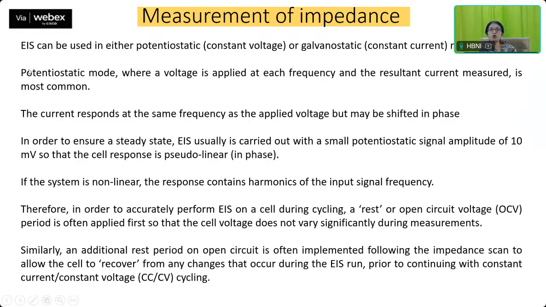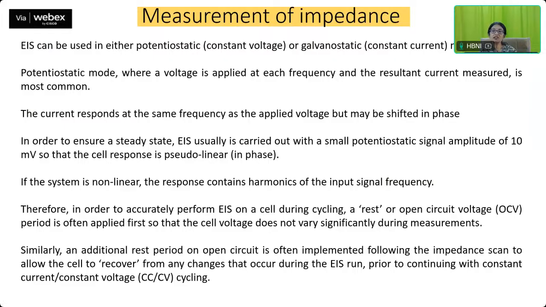So these are the two different modes you can have. Either you can have a constant voltage or you can have a constant current mode. So the potentiostatic mode, where a voltage is applied at each frequency and the resultant current is measured, is most common. The current responds at the same frequency as the applied voltage, but as I discussed earlier, it may be shifted in phase. So in order to ensure a steady state, the EIS usually is carried out with a